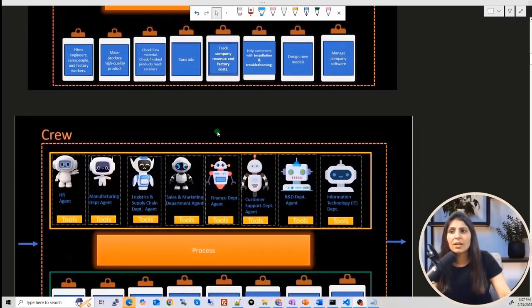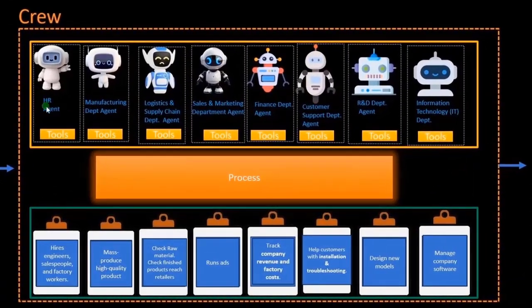Now let's understand it in more detail. See, every agent will have tools. Every agent will use tools to perform the task. So in LangChain and in LangGraph also, when we used to build agents, we used to give a list of tools to those agents, right? In the same way, in Crew AI also, agents will use different tools. So an agent can use a single tool, or an agent can use multiple tools. So this is how tools are used. And this process part is also clear.